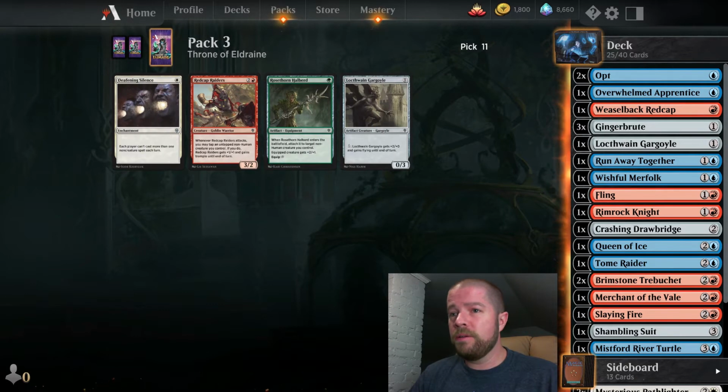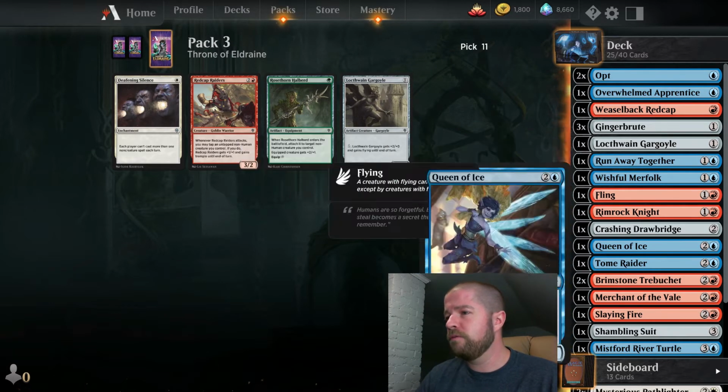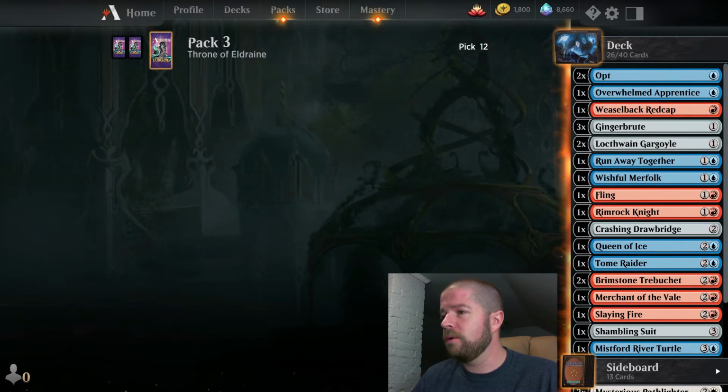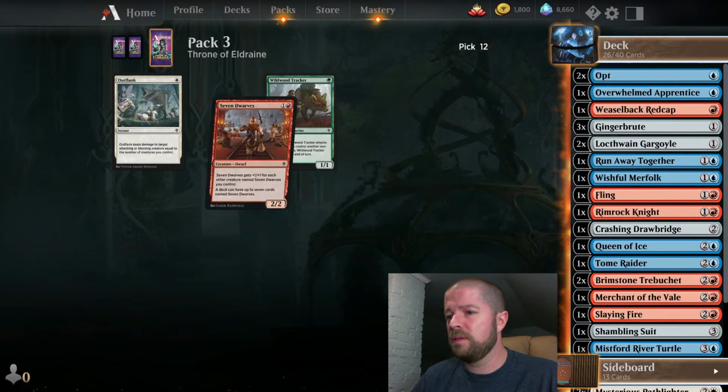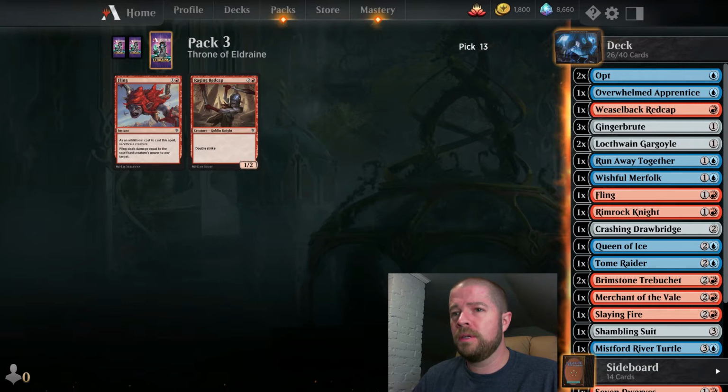Red Cap Raiders. Tap an untapped non-human creature you control. I don't think I have really enough. I might take the Gargoyle. And 7 Dwarves. I'm not going to play 7 Dwarves. And,